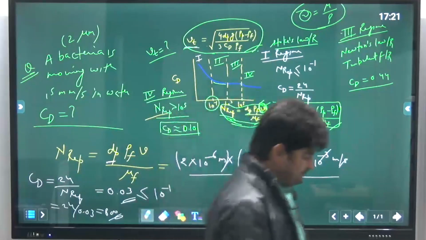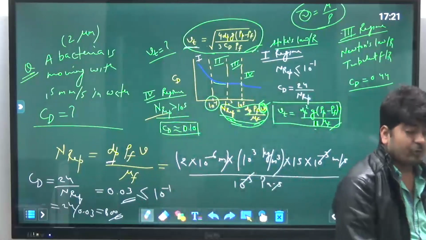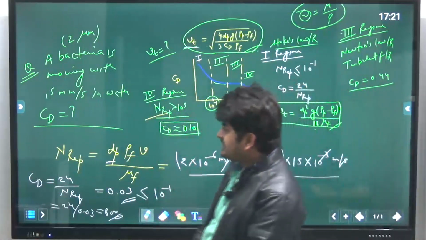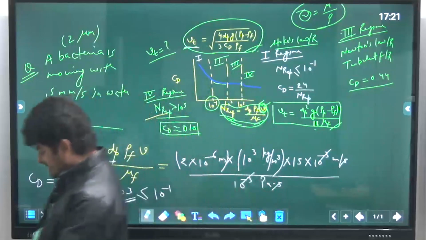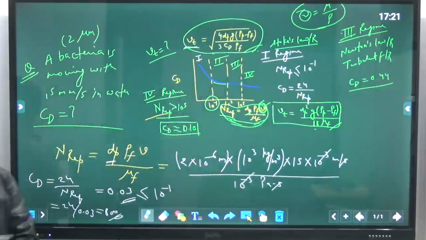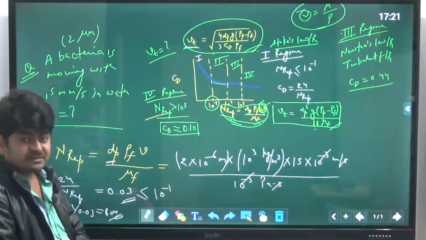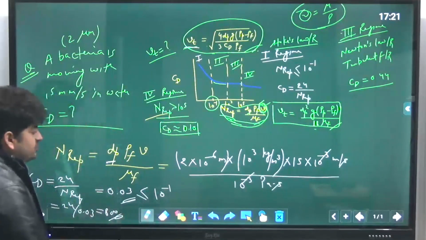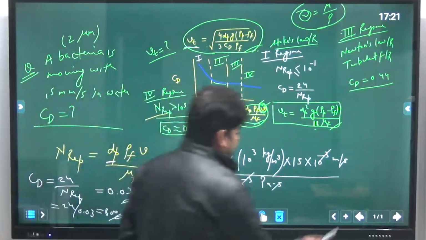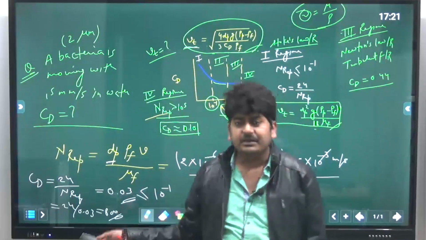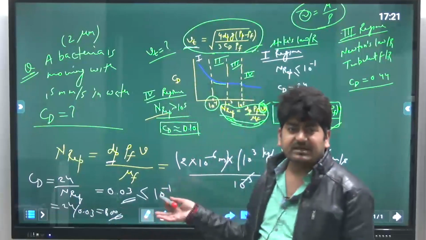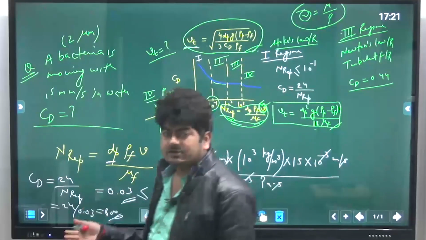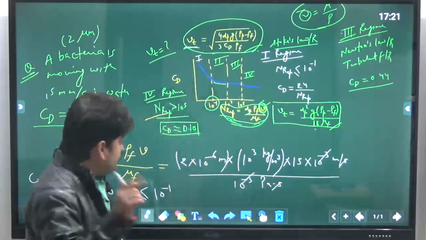Okay, simple. Now here are a few things about the drag forces and all these resistive forces. We did the force balance, but we didn't see the effect and the variations, the significance of those drag forces and all that stuff. So we should know all those things. I hope this numerical is clear, and similarly there are some other numericals as well, and you can solve them by yourself.